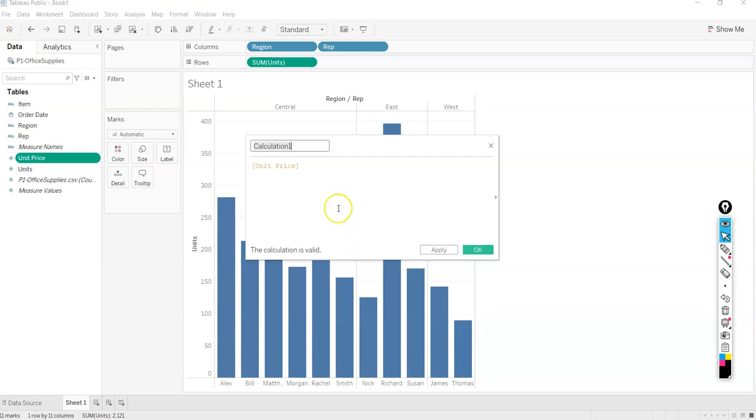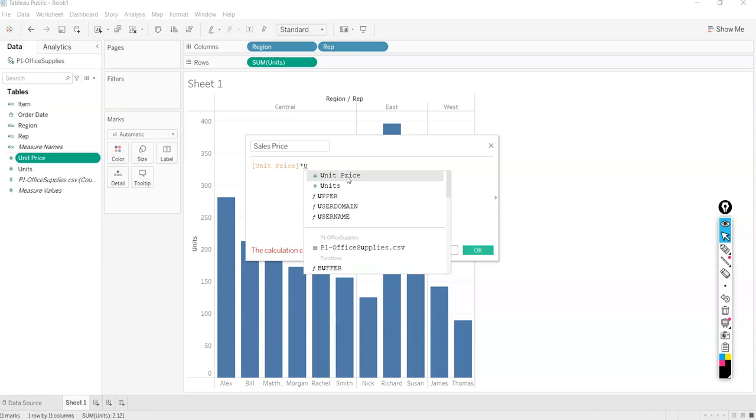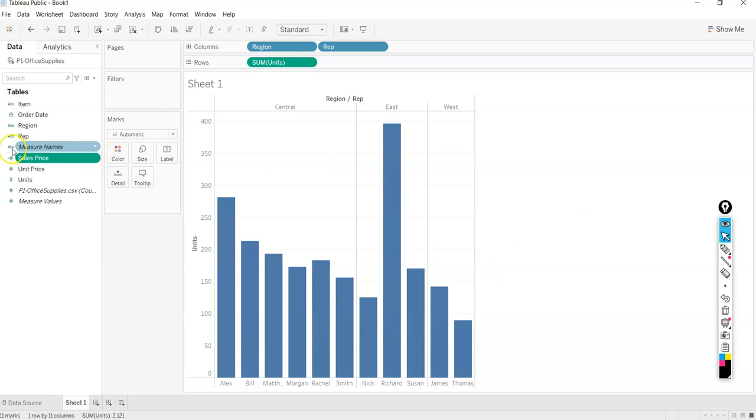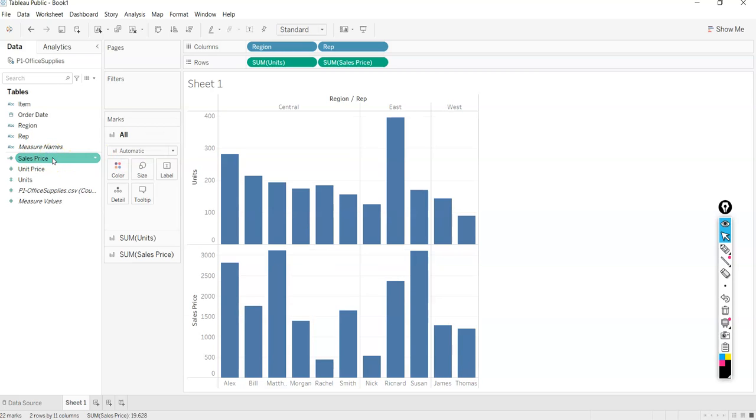That is where calculated field comes into picture. Right? I'll just name it as sales price. So unit price multiplied by units, right? So you can see this field is created now, sales price. Here you can see this equal to sign, so equal to sign means this is a calculated field. So let me just double click on it,